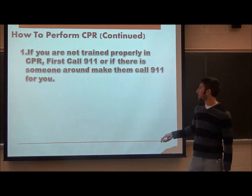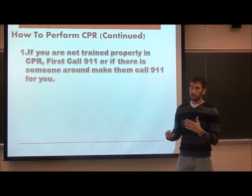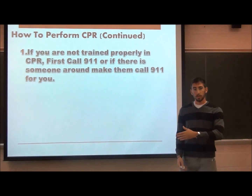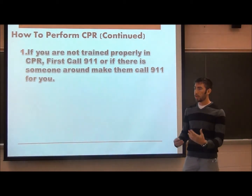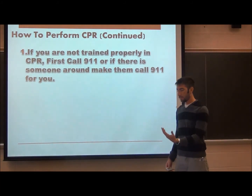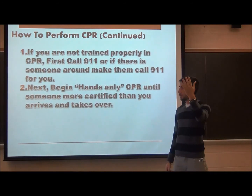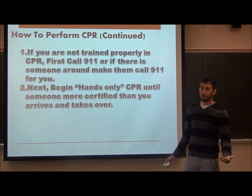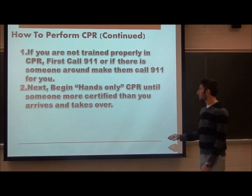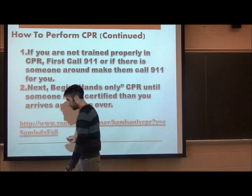If you're not trained in CPR, first thing you want to do is call 911, or if you see someone around them, like a family member, you want to have them call 911. Just some way, get an emergency ambulance over as soon as possible, because they are way more trained than all of us in here, I would say. Next, you want to begin hands-only CPR, which I have a video right here that'll be more